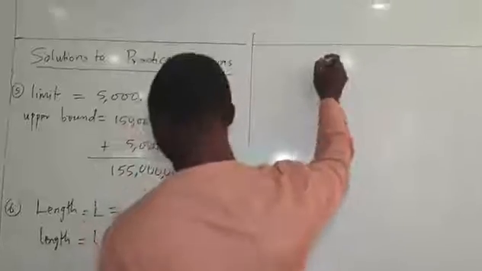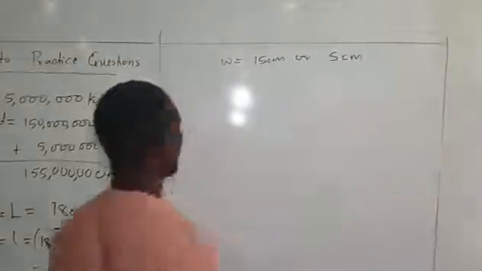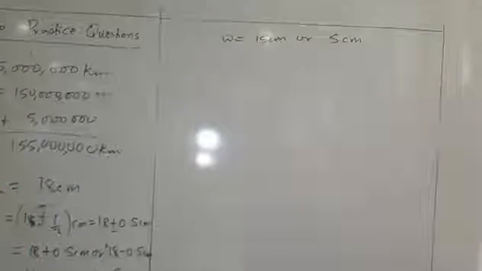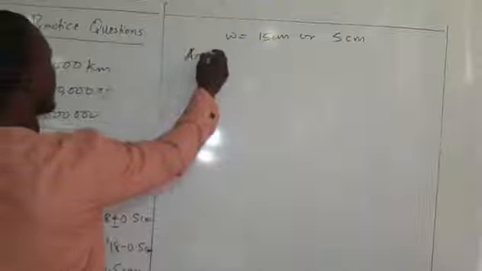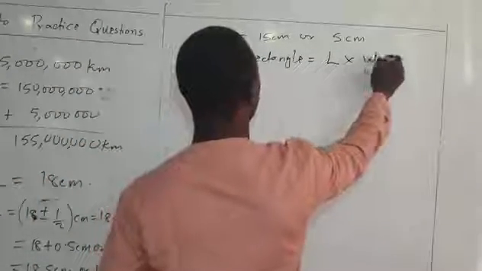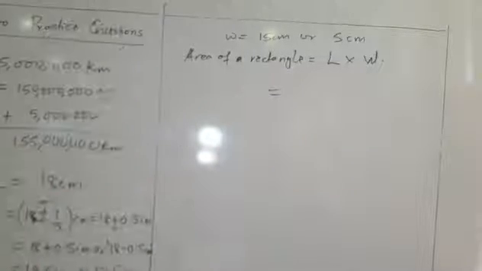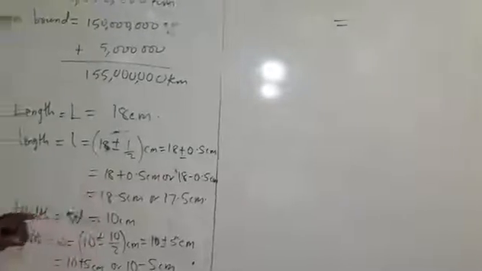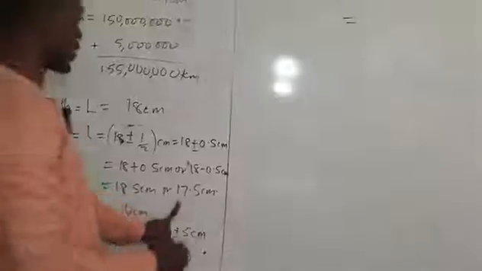So here we have 15. So W is 15 centimeter or 5 centimeter. The question now says, calculate the lower bound for the area of this rectangle. We know that the area of a rectangle equals length times width. But since we are asked to use the lower bound for both the length and the width, the lower bound of the length is 17.5, while the upper bound is 18.5. If we were asked to use the upper bound, we would use 18.5. But since we are looking for the lower bound of the area, we are using 17.5 for the length,